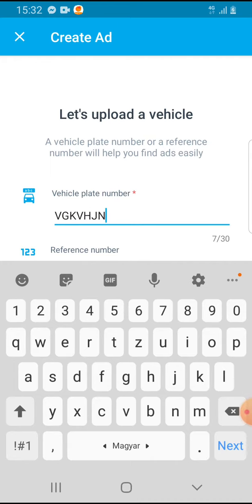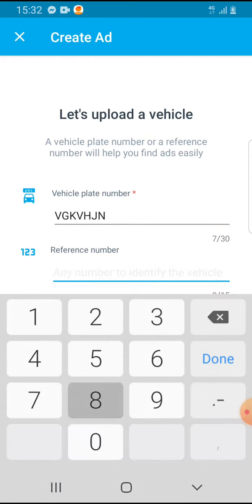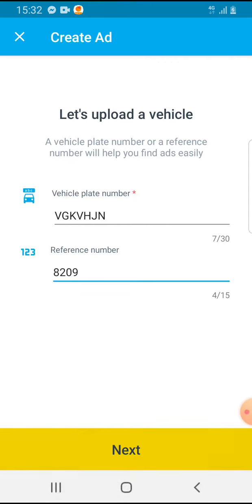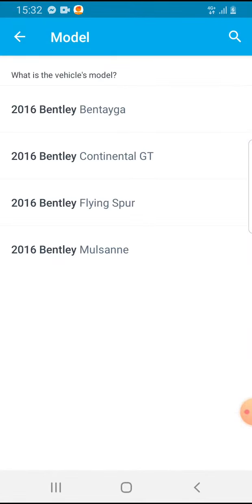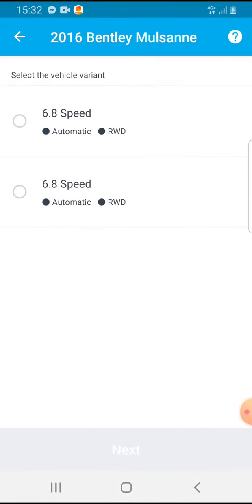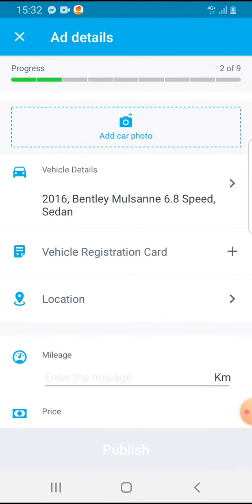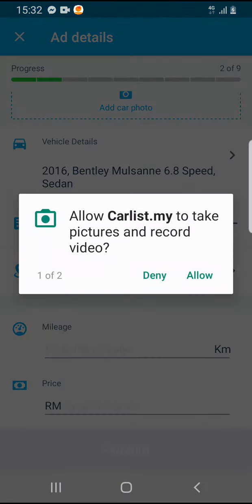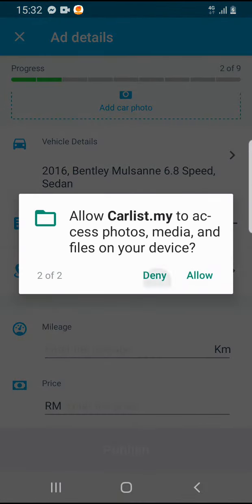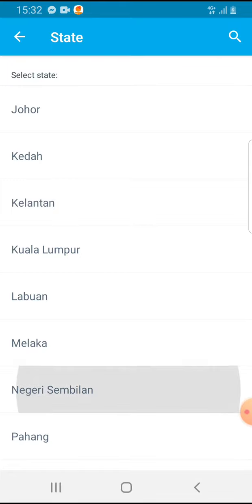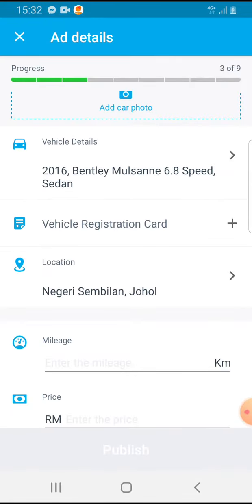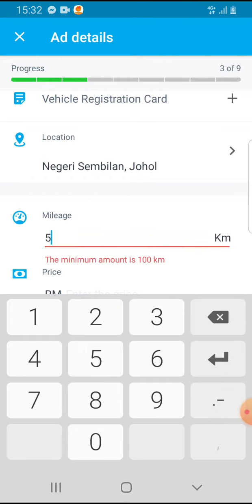You have to add your vehicle plate number, the reference number, tap on next. You have to add the vehicle details by scrolling. You can choose from these options. You can take pictures of the registration card. You can add the location. You can add the mileage,